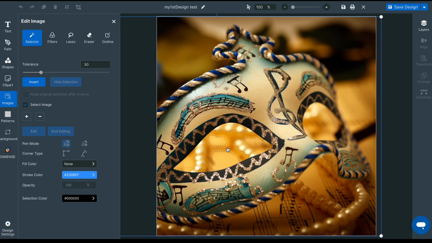Click in the image with the Selector tool active, which will select part of the area. I can add more parts of the image by pressing and holding the Shift key while clicking in the image. The plus button visualizes this. Subtracting from the selected area is done by clicking the image while pressing and holding the Alt key.